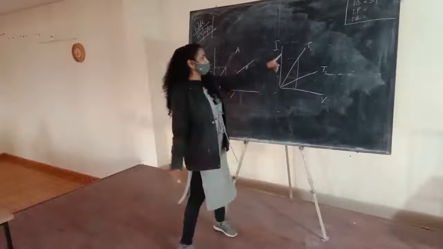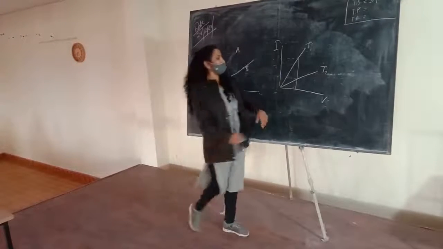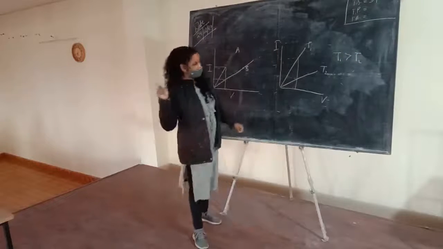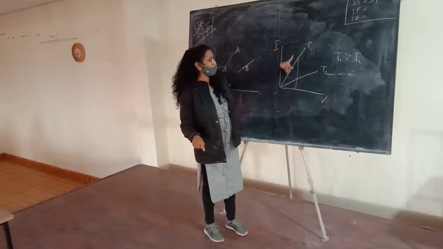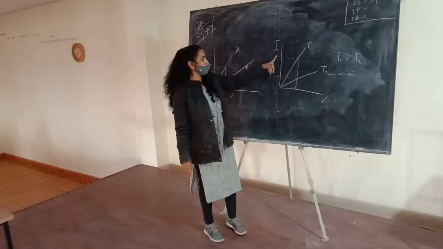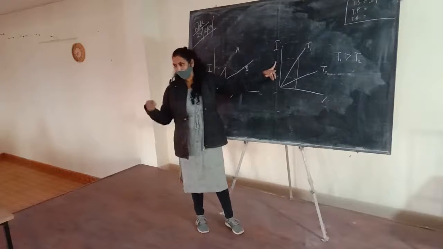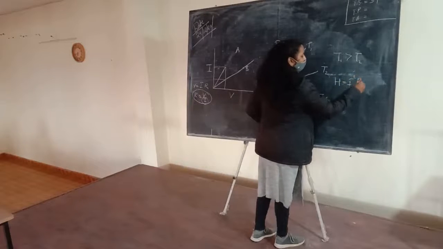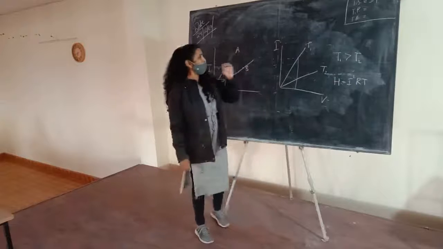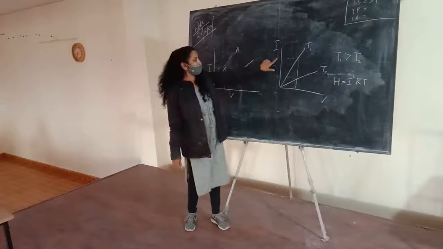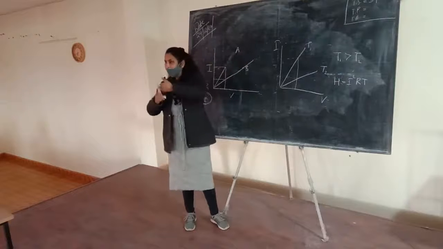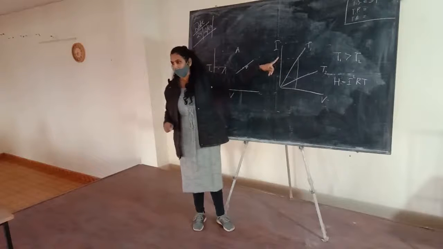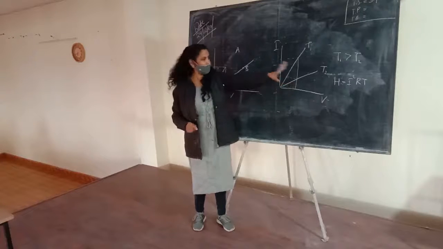As I explained, T1 is greater than T2. Seriously, it is true. But we should know why. As you said, if we take V as a constant, the wire at the higher temperature should have higher current. Yes, it is correct. But according to the formula, H is equal to I square R T. If we apply this formula, the heat produced depends on the current as well as the resistance. So this wire should have low resistance since its current is higher, and should have high resistance. So how can we apply this formula?